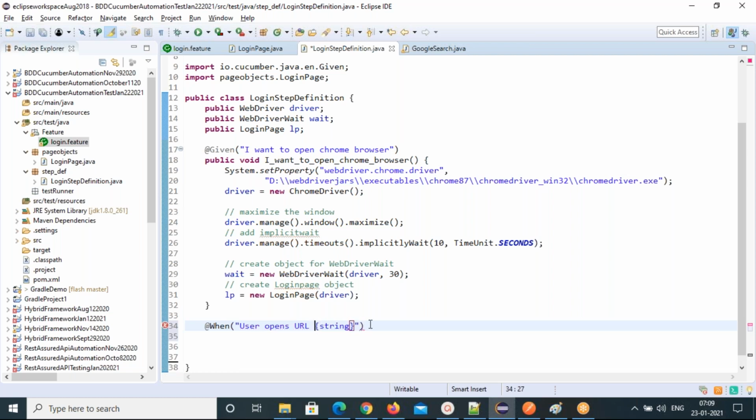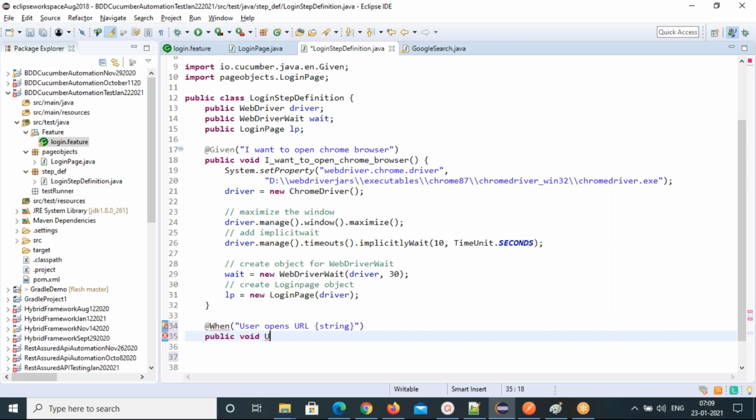If you put in a string, you don't need the double quotes. So this double quote starts here and ends here. What we did, this entire thing we are putting in curly braces as a string variable. That's it. And then write a method, public void user opens URL.